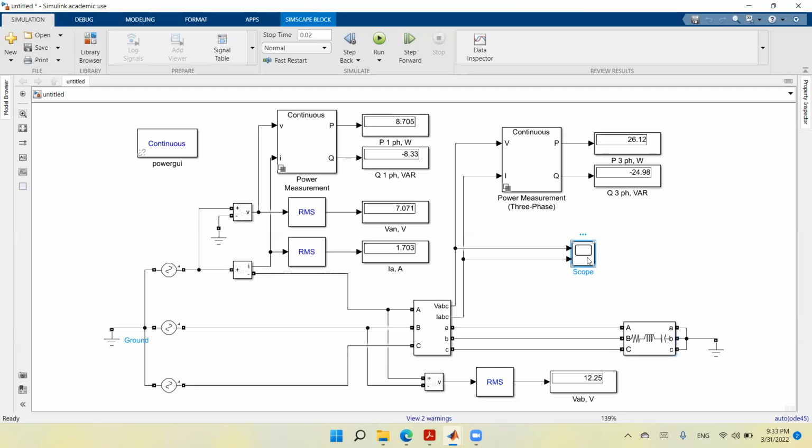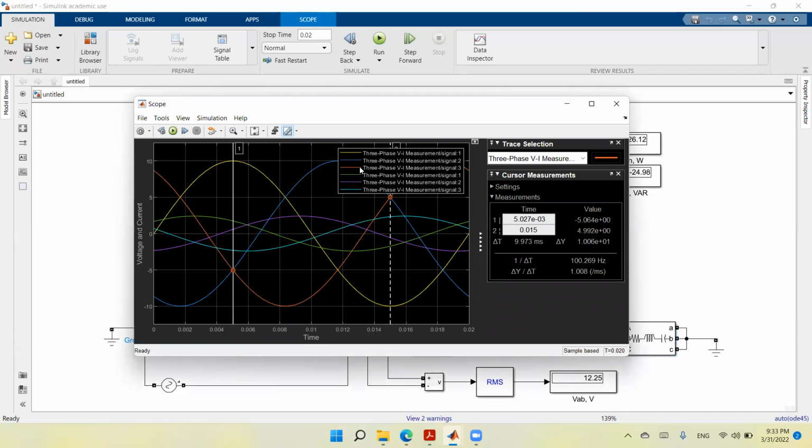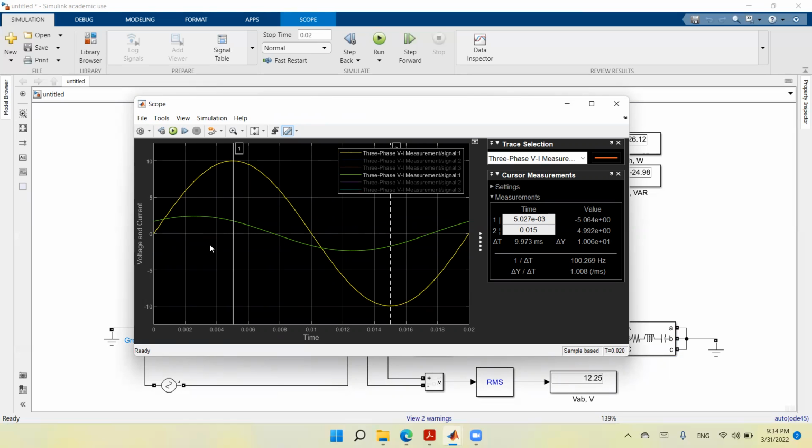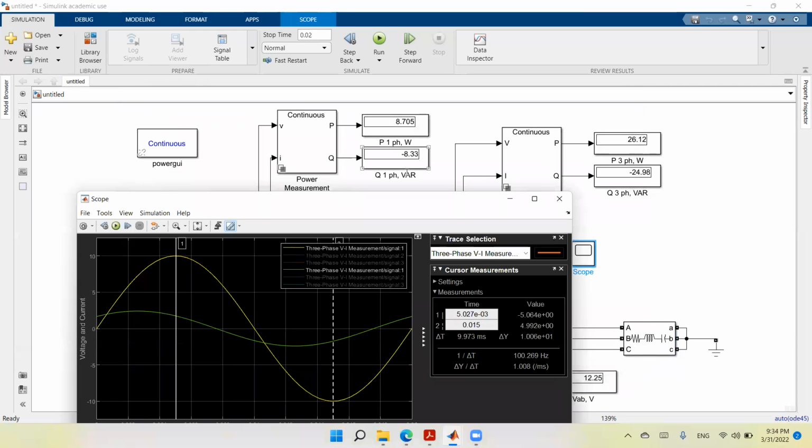And if I look at the scope this time, let me keep only phase A voltage and phase A current. So I see that the peak of the current occurs before the peak of the voltage, which means that we have a leading current. So this confirms that the current is leading, and thus the circuit is capacitive, has a capacitive character, and the reactive power is